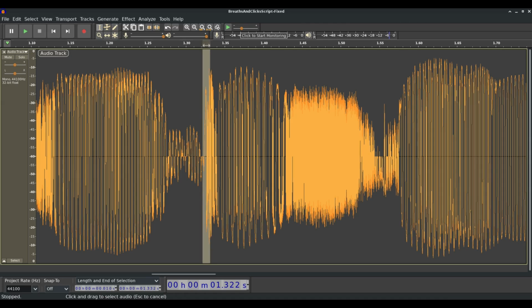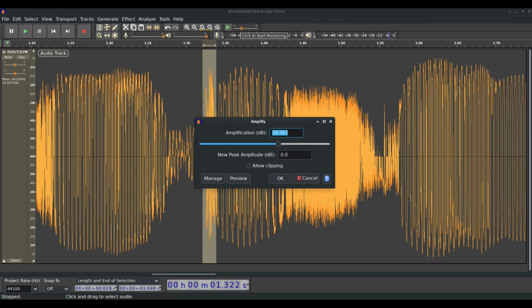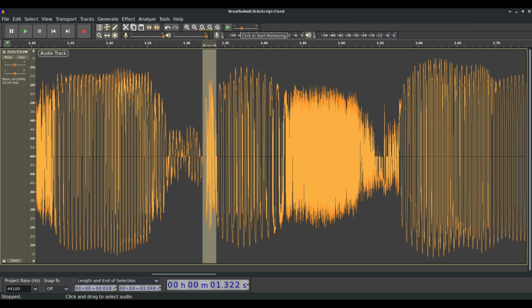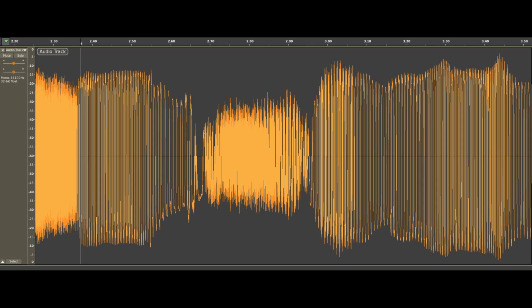Reducing the letter K click might be a judgment call. That consonant is hit too hard in my opinion, so let's apply the 5 dB reduction also to the letter K in the word slick. This still leaves a bit of an edge to the letter K, but that can be reduced further at your discretion. Breaths are fairly easy to spot, even without listening to the audio,